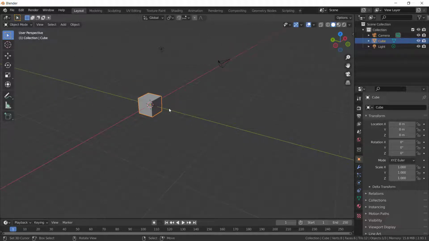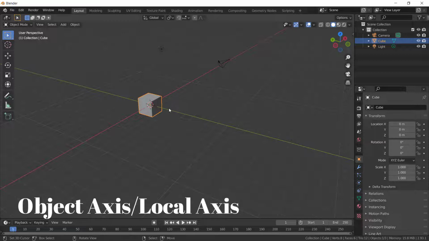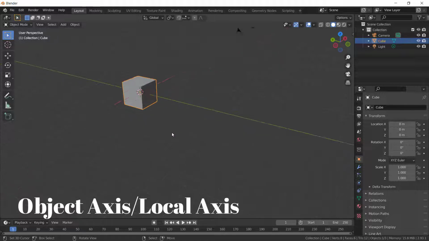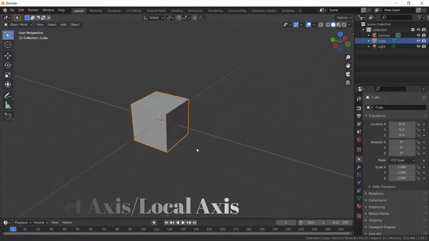Okay, let's now look at local axis transformation. We've looked at the global one, where we are transforming it from the world in Blender. Every object in Blender has its own axis, so we usually call it the object axis or the local axis. So what I want to do here, maybe I've used this cube so many times, I just want to delete